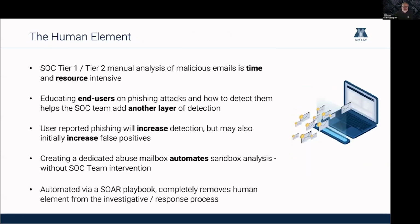And so, yes, the analysis of phishing emails is time and resource intensive. We understand that, but it doesn't have to be. Bringing the human element adds to the overall detection fabric and decreases the risk to the organization. So you've got all your employees actually adding to that detection capability. It may increase the number of false reports initially, but if the process is all automated,